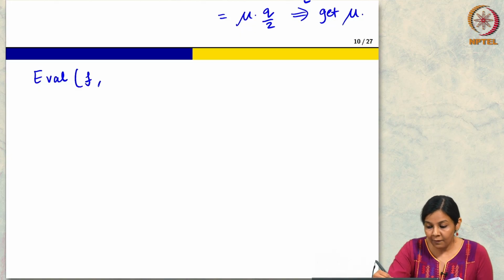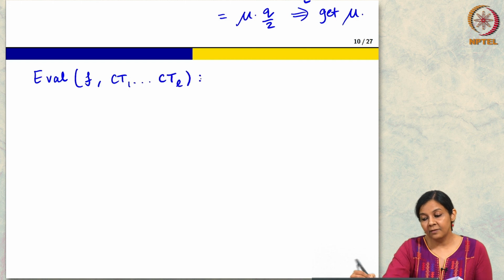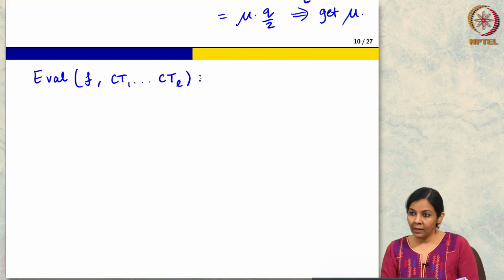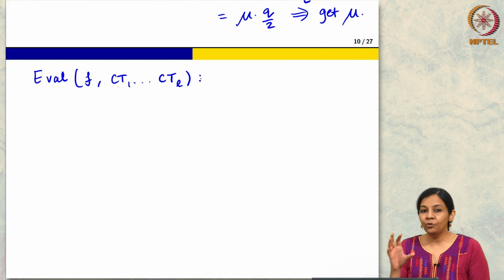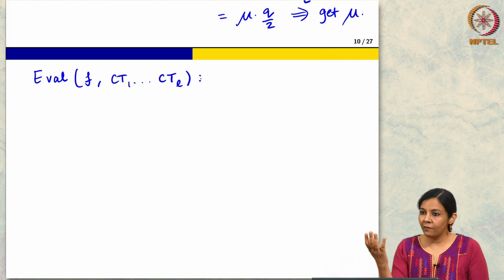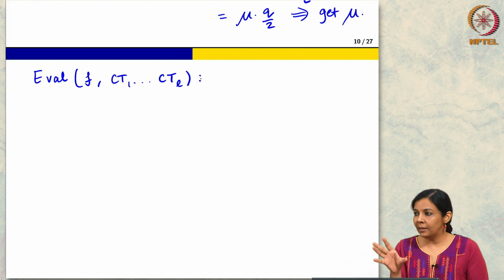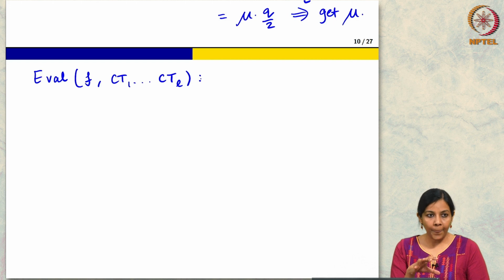So, I want to evaluate f on some CTs, right. This is my basic idea of evaluation. The first observation is that it suffices for us to look at some simpler gates. I do not need to think of arbitrary circuits. It suffices for me to think about addition and multiplication. If I can support addition and multiplication in a way that the resultant ciphertext also has the same form as the original ciphertext, then I can keep going.